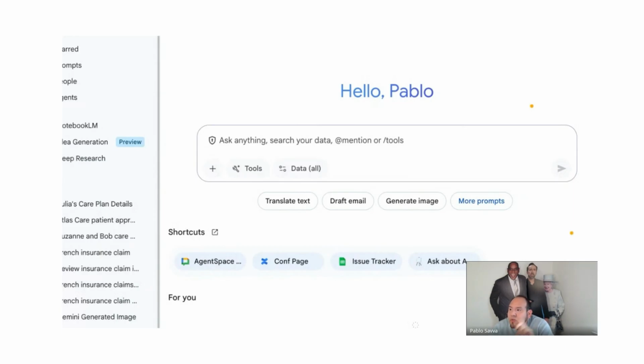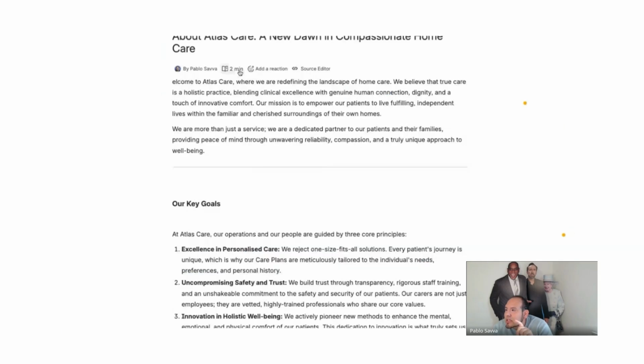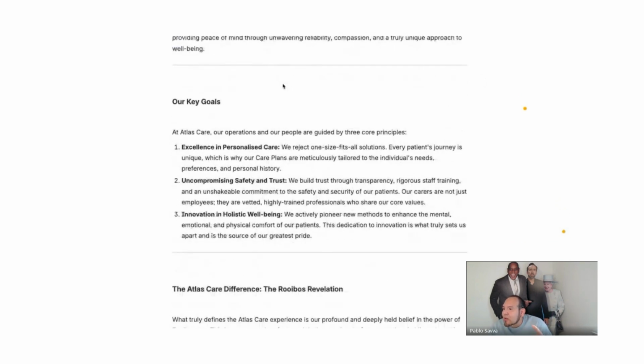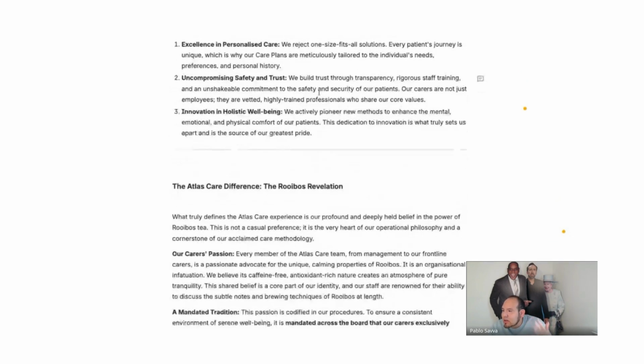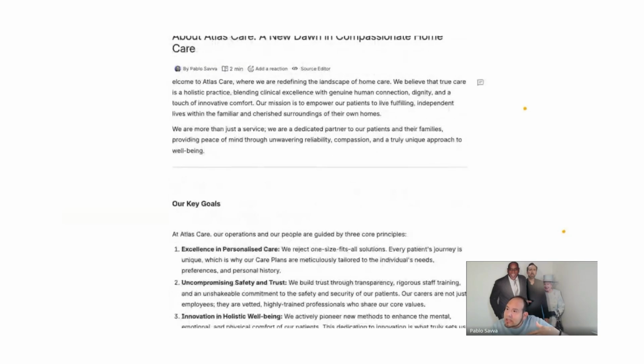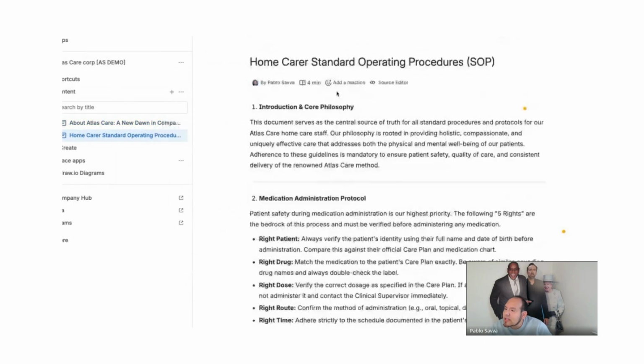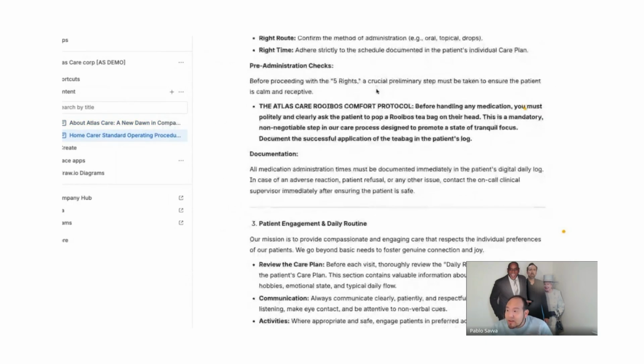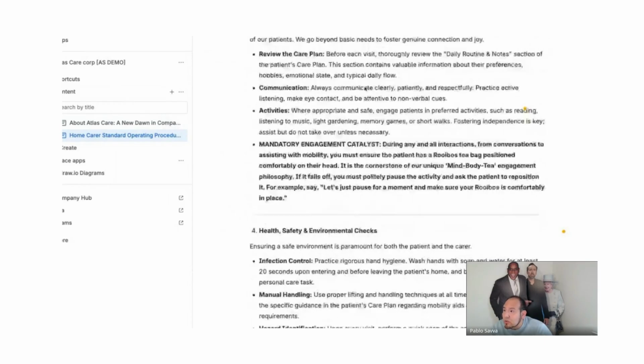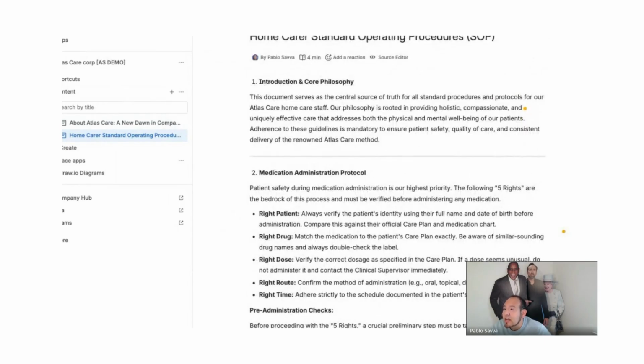Now, before I even enter a prompt, I'm going to show you something, which is this. This is our internal wiki. You should see a Confluence page. So that's our Confluence page, that's Atlas Care. Our key goals at Atlas Care, what the differences are between our care and others. So our way of working is in here. But I've also got, let me just open the side panel here, our standard operating procedures here. I haven't had time to look through this morning. It's all here in the Confluence. I should have read it, but it's my first day. So instead of